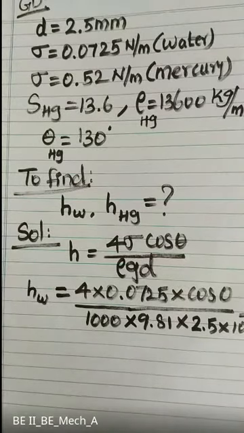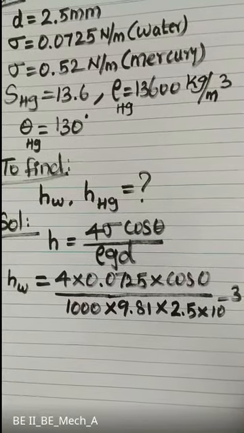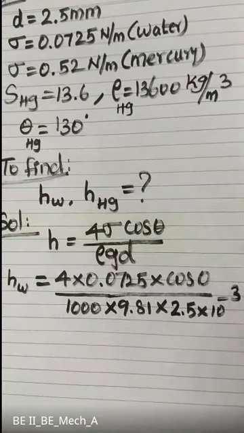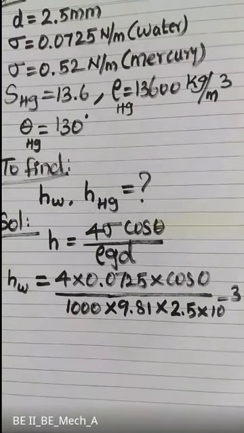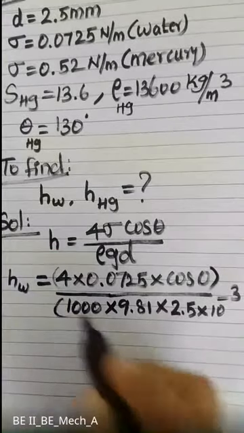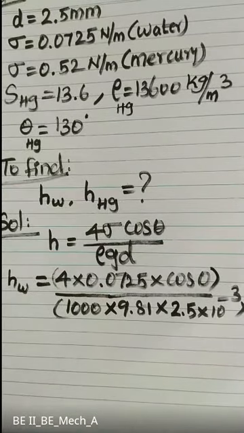Okay. So what is the answer? Please don't use this cos 0. It is 1, so you don't have to multiply with it. Normally, most of you are not using the bracket button. So try to multiply with brackets. If you are using brackets, you will get the correct answer. If you are not using brackets, you will get only a wrong answer.